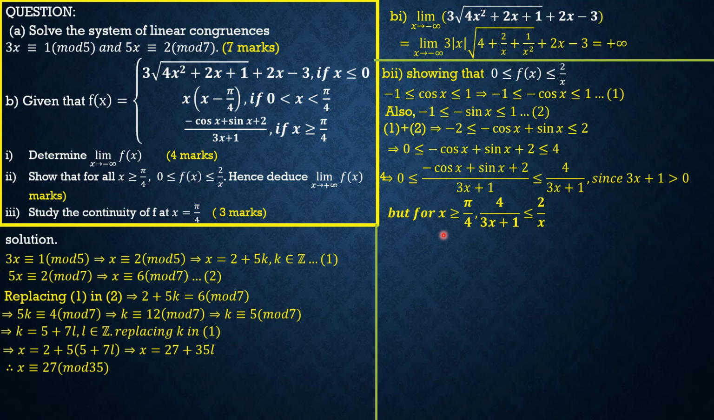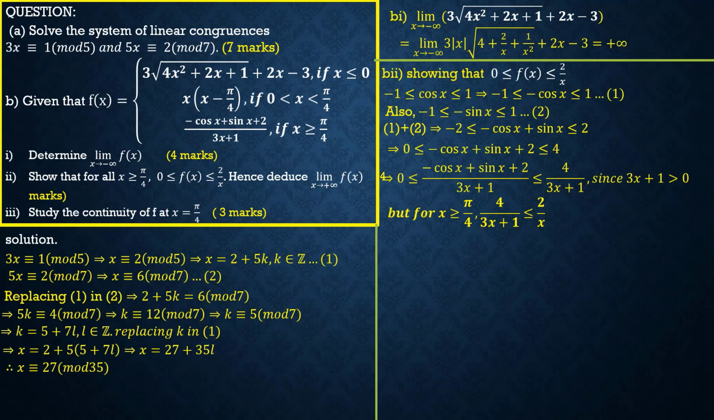And we see that for all x greater than or equal to pi on 4, 4 divided by 3x plus 1 will always be less than or equal to 2 on x. In other words, 2 on x will be greater than this. So we can choose any value. For example, let's say 10. Let's not even go too far. Let's just say a value like 3. So you have 2/3 and you have 4 divided by 3 times 3, 9 plus 1, 10. So you have 2/3 and 4 on 10. You see this is 0.4,